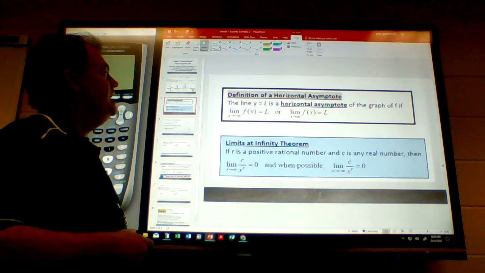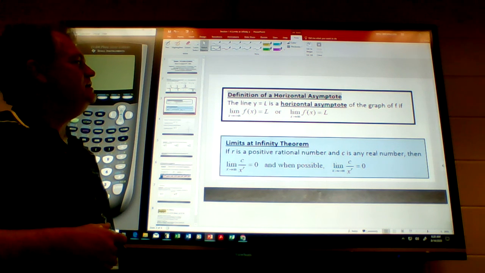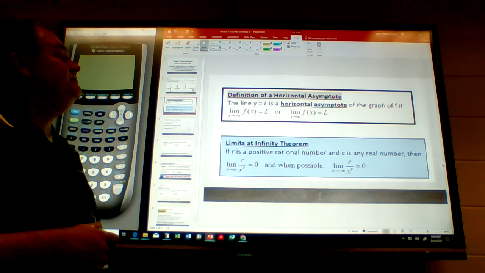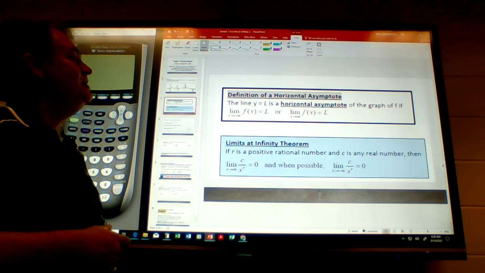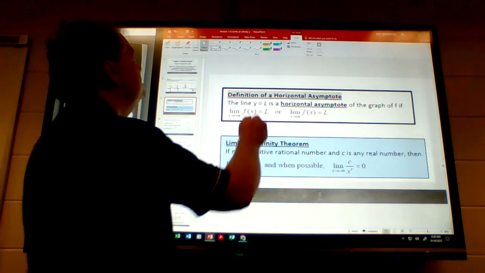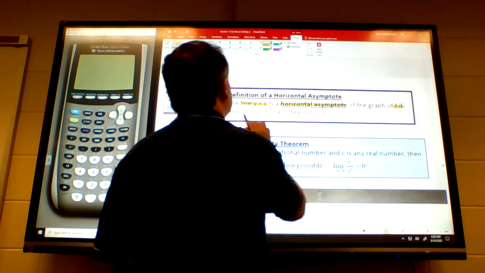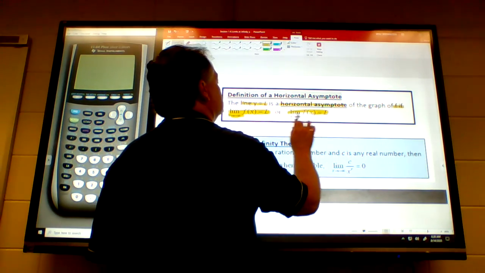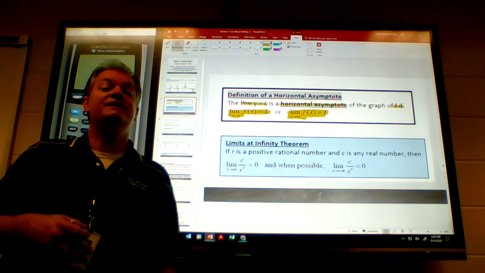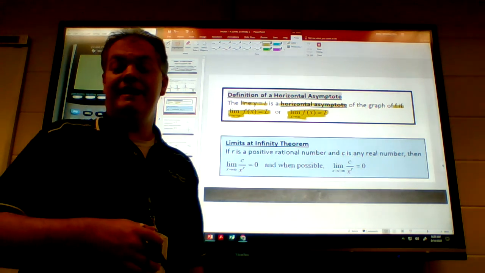All right. Definition of a horizontal asymptote. The line y equals L is a horizontal asymptote if the limit of f of x as x approaches negative infinity equals L, or the limit of f of x equals L as x approaches positive infinity. So let's go ahead and highlight those components right there. So basically, if the limit is equal to a particular number as x approaches infinity, then that means you're going to have a